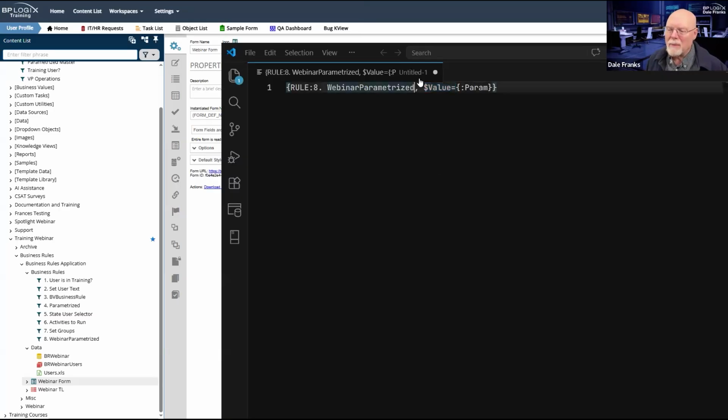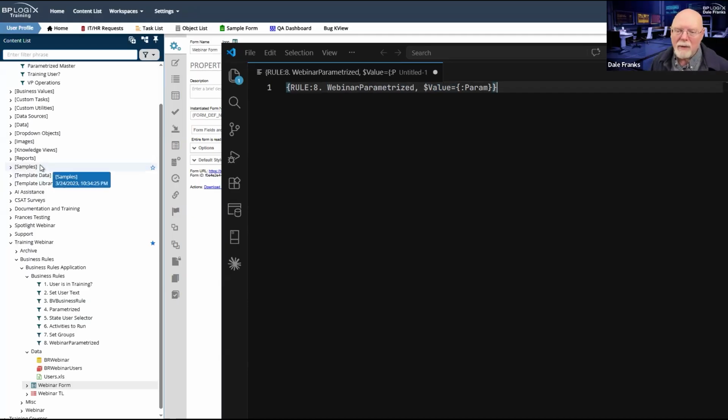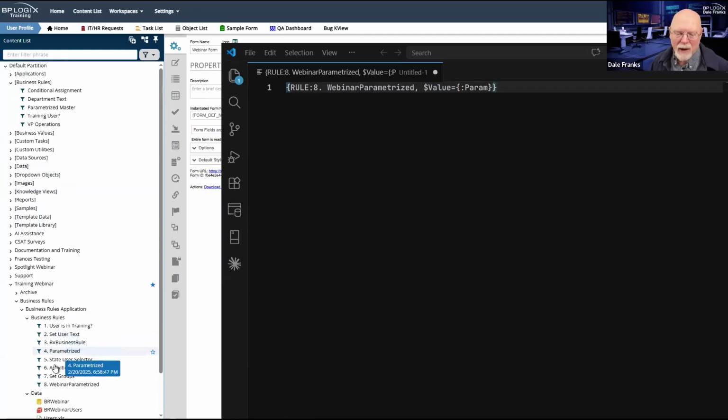So anytime that I want to do a parameterized business rule, I can only access it via the system variable. So if I wanted to take my state user selector, which is now called conditional assignment, and the parameter is called state.